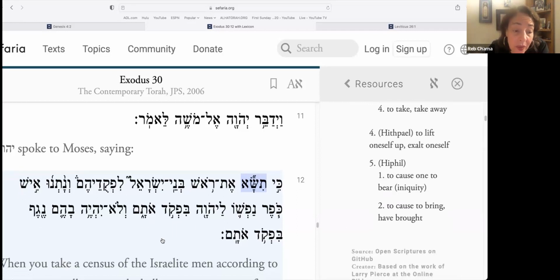All of a sudden, when you take a census from Ki Tisa et Rosh, you go, ew, that is not a very poetic way to translate this word. And so by going on the inside of what this word root means,